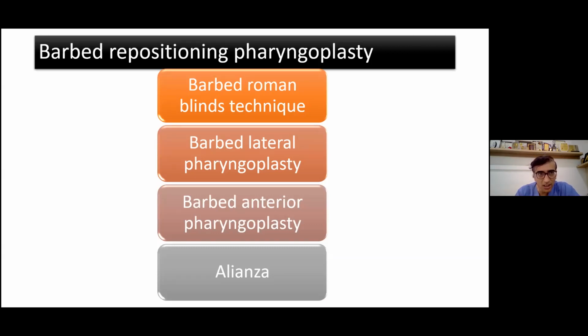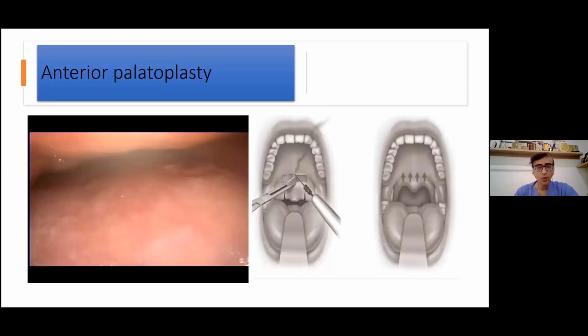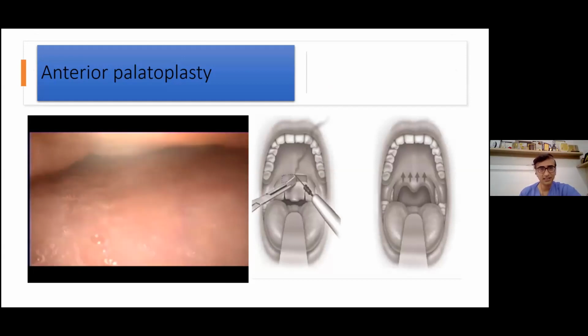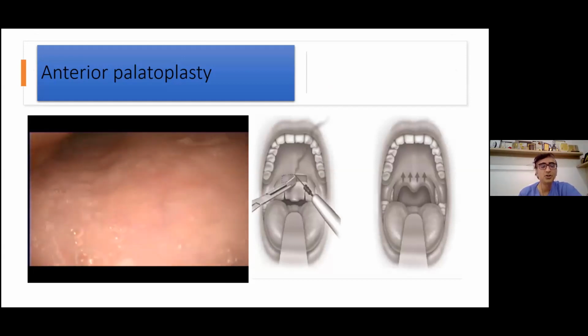I will not talk about the barbed pharyngoplasties because I think Filippo has done it beautifully, and I think he set the bar so high. What I will talk to you about is the finding on DISE and the kind of procedure that one would do. So, like I said, if you have an anterior posterior obstruction, which is one of the commonest kinds